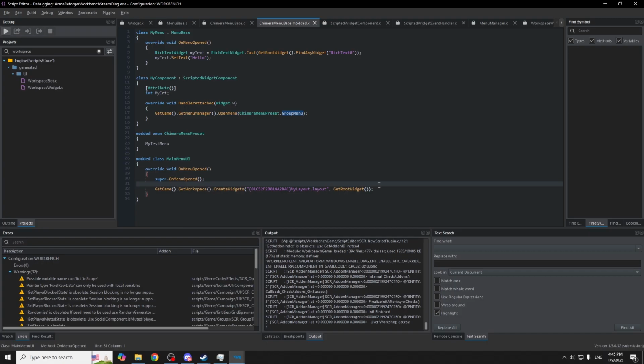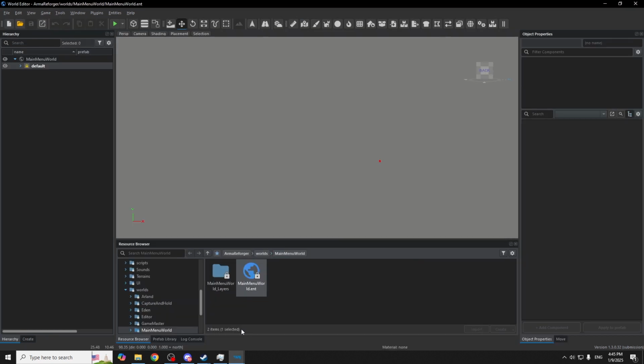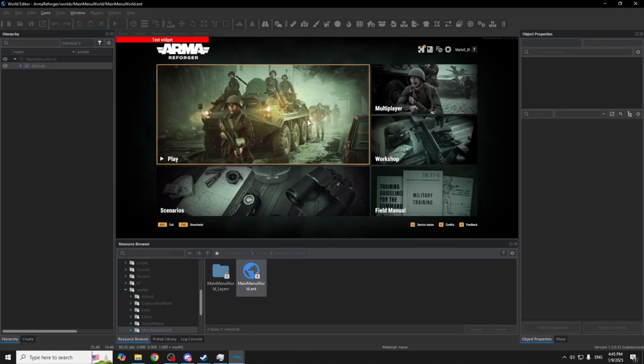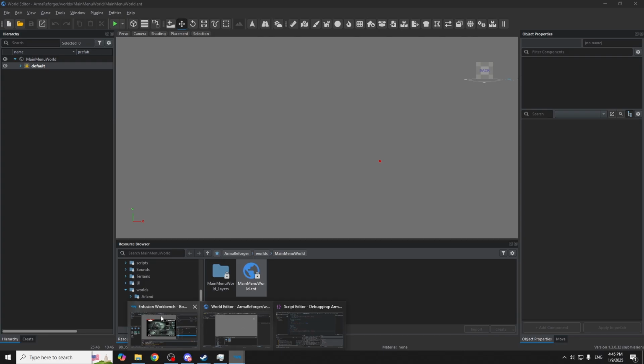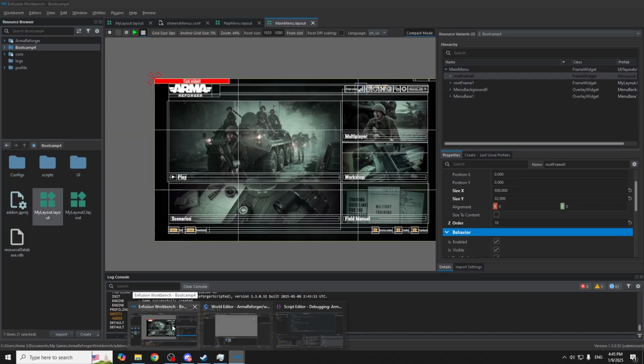So probably here what I should be doing after creating the widget is calling the SetZOrder method to raise the ZOrder of this newly created layout so it goes on top, but whatever. No need to show it now. The important thing is that you get the idea. Okay, a few more words about